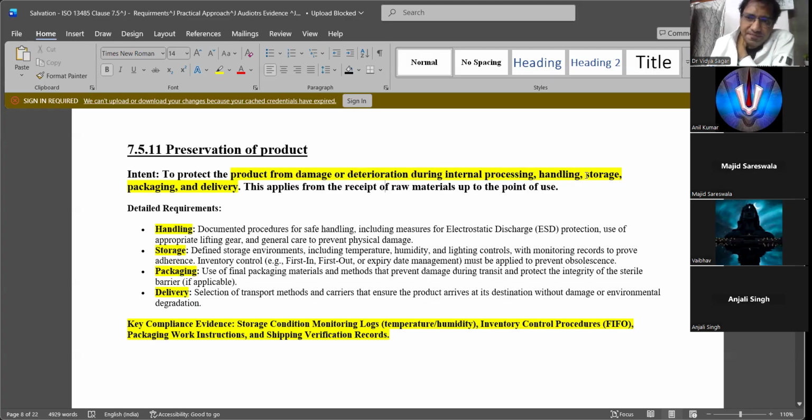How you are handling it, whether in crates or just carrying with your hands or carrying in sterile boxes or sterile bags, how you are storing, how you are packing, how you are delivering. All this is important for everything. I'm talking about raw materials, components, semi-finished components, finished goods, even rejected raw material.